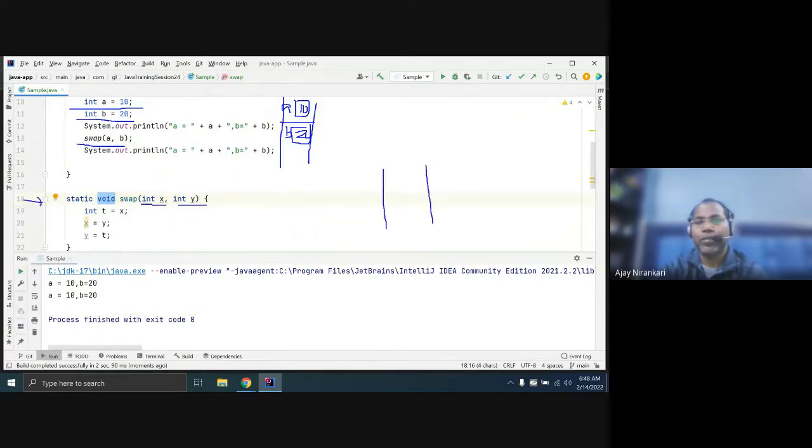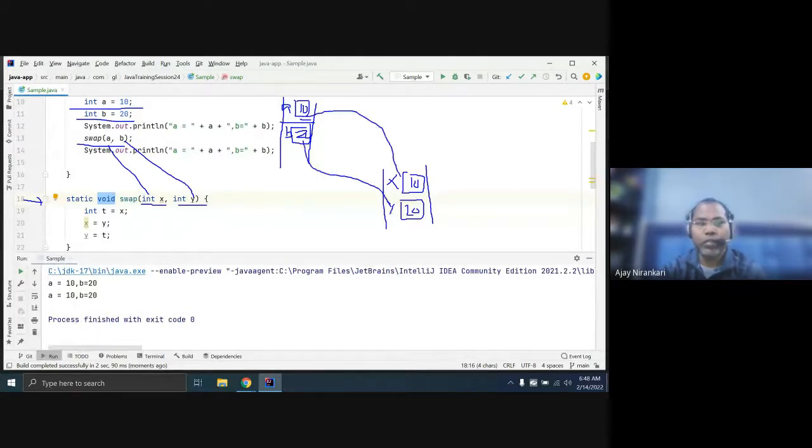The a value is copied to x, so x holds 10, and b is copied to y, so y holds 20. Whatever the a value is, it is copied to x, and whatever the b value is, it is copied to y.